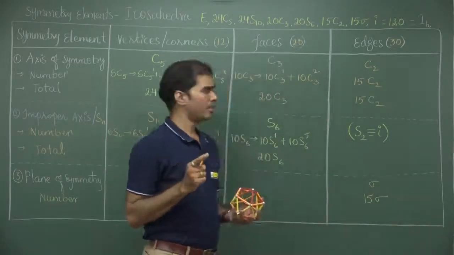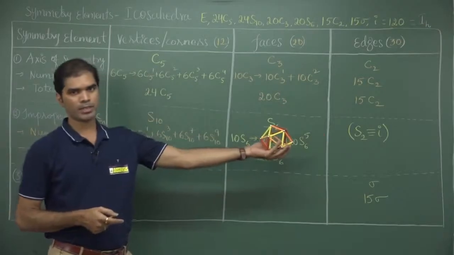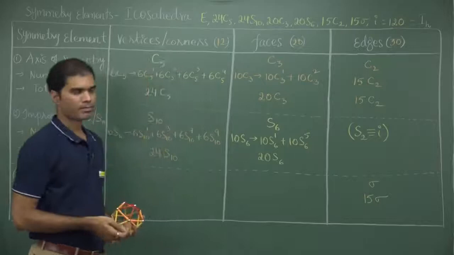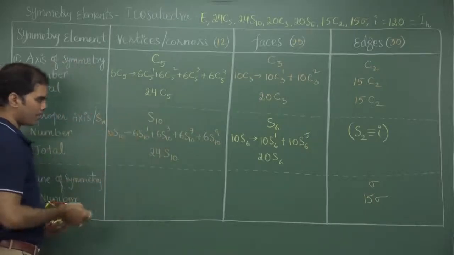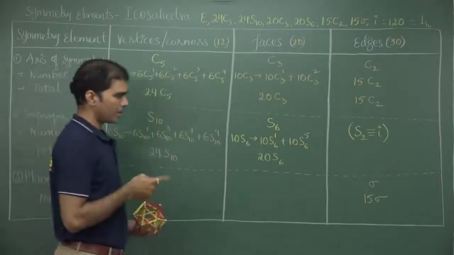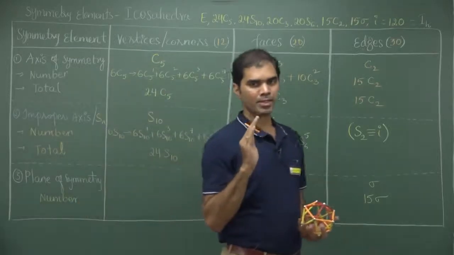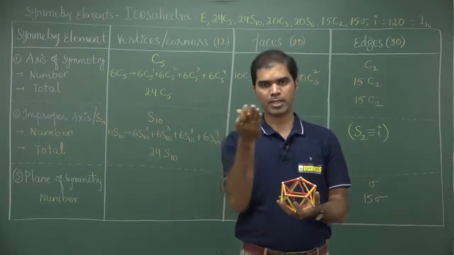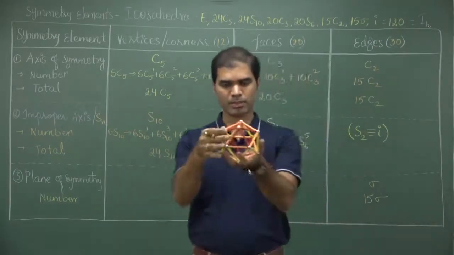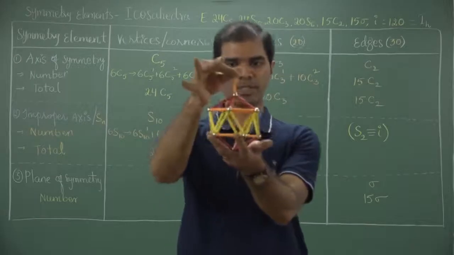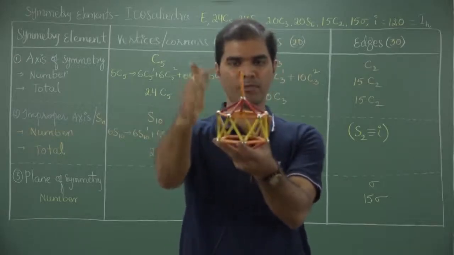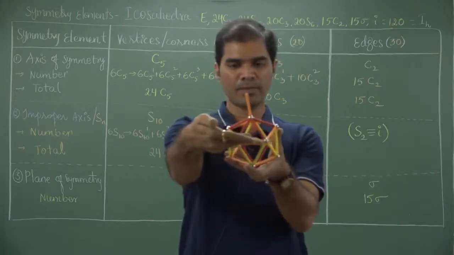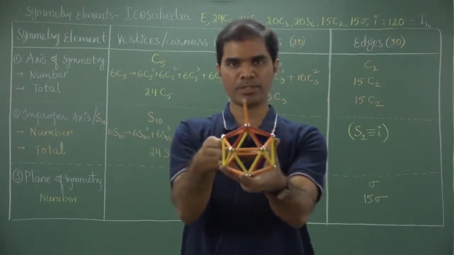Inversion can be generated either from S2, which is equivalent to inversion, or it could also be generated from S6. Okay? Inversion is also completed. Finally coming to the planes. Planes can also be generated from the edges. Altogether there are 30 edges, and from each pair of edges, you just imagine that a plane is passing. So just imagine that I am holding it this way. Now if I choose a plane passing from this orange, it will just come out from the opposite orange.